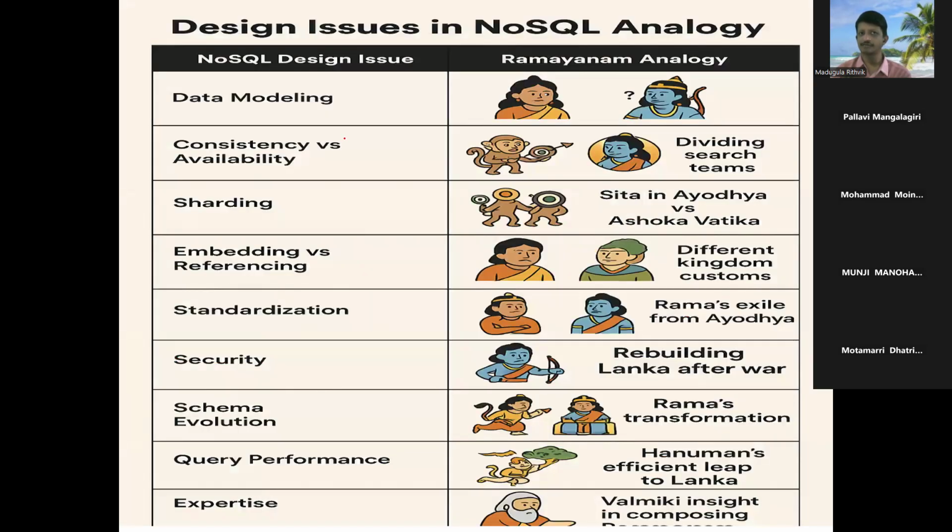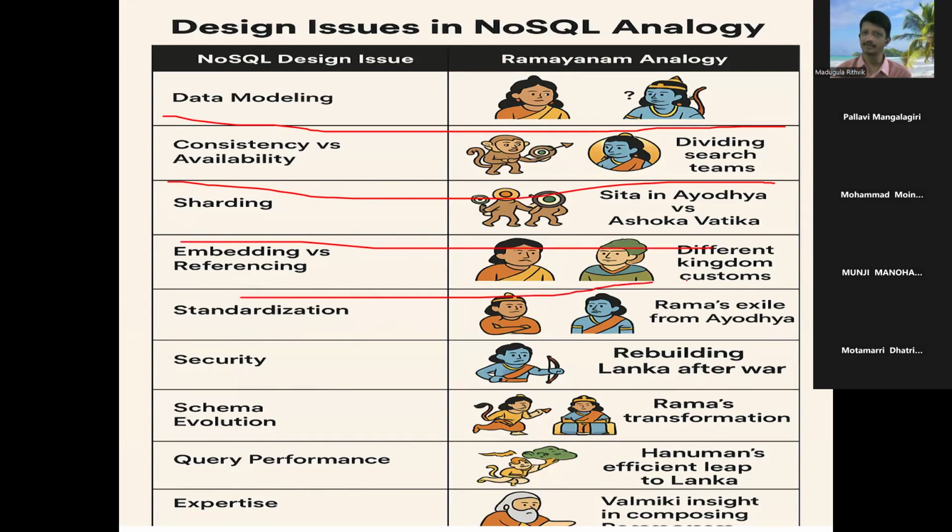These are some of the insights, and this is a pictorial representation regarding data modeling, consistency, sharding, embedding, referencing, and standardization architecture. This is regarding security, schema evolution, query performance, and all the other properties. You can visualize them through this design analysis, these design issues. As far as our syllabus is concerned, we are not going to have